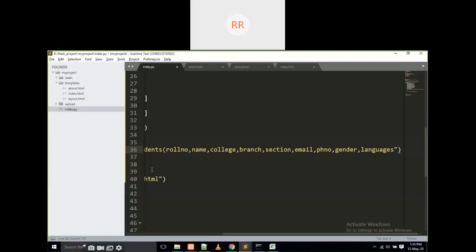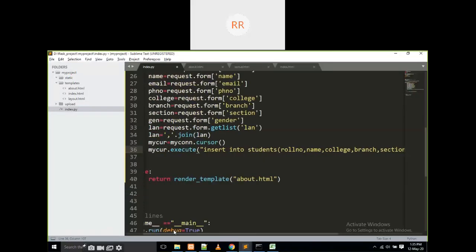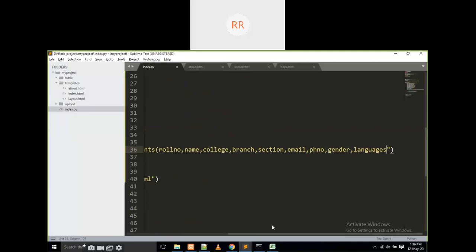These are the column names in my table. Insert into students, and now values of